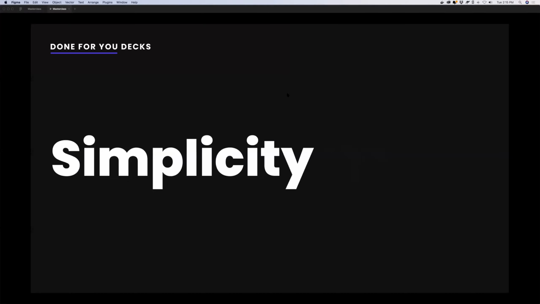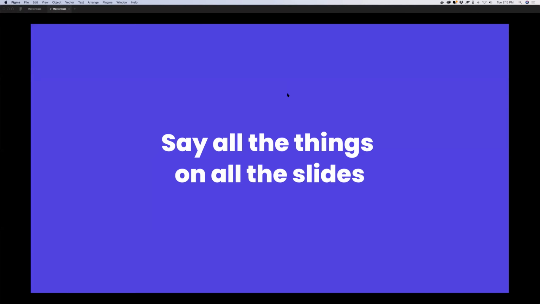Point 1, simplicity. How do you create a simple, clean, legible pitch deck? This is what happens: they want to say all the things on all the slides, and I say, well, why don't you just get rid of this? And they're like, but I have to say that. I have to tell them that, because if I don't, they're not going to know, and then they're not going to invest. They're scared of not saying it, so they say everything so that they can never say that they didn't say that, right? So then it creates decks that look like this,